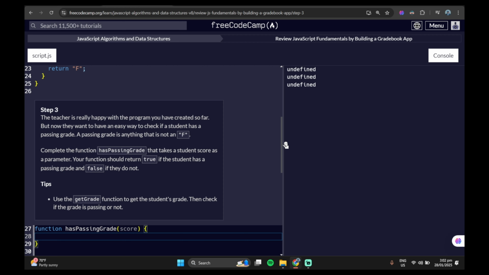The teacher is really happy with the program you have created so far, but now they want to have an easy way to check if a student has a passing grade, and a passing grade is anything that is not an F. Complete the function hasPassingGrade that takes a student's score as a parameter. Your function should return true if the student has a passing grade and false if they do not. And it says here, use the getGrade function to get the student's grade, then check if the grade is passing or not. Okay, so